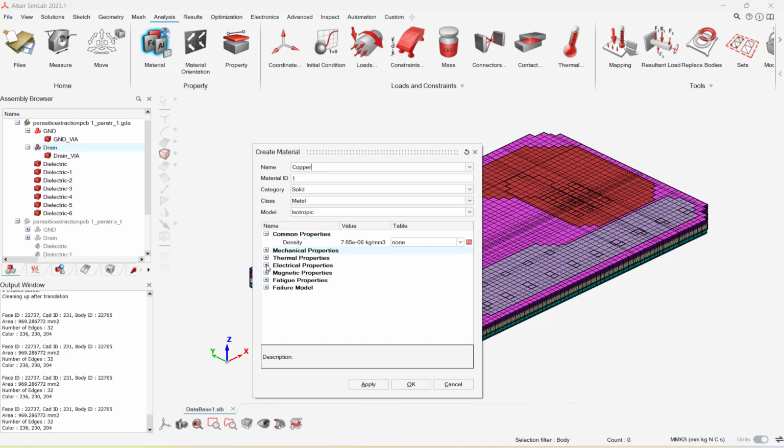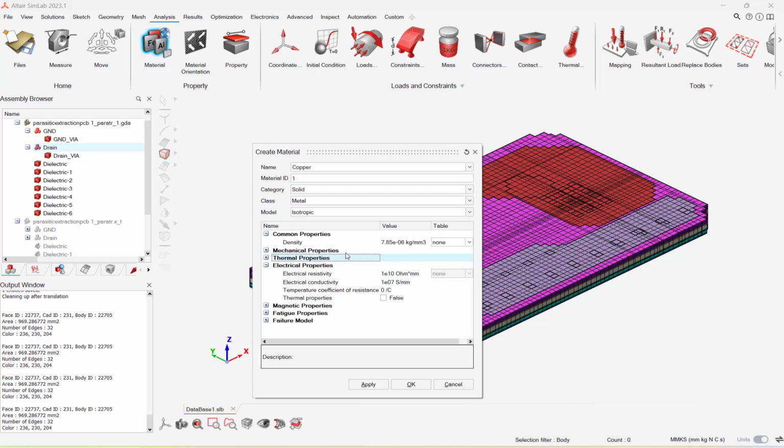Now I need to change the electrical properties of the copper accordingly. So I want to adjust the electrical resistivity of the copper to 1.75 x 10^-5 ohm-millimeter. I can adjust this simply by editing.